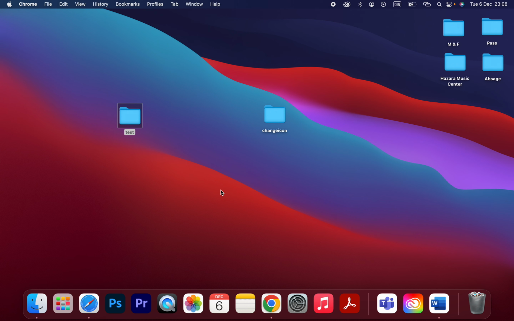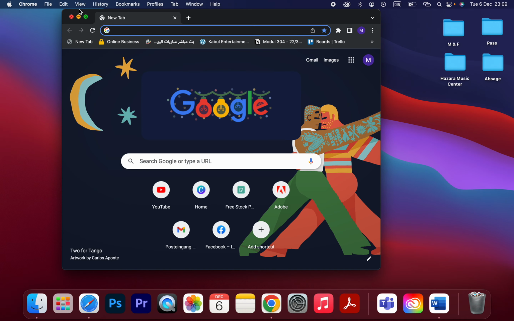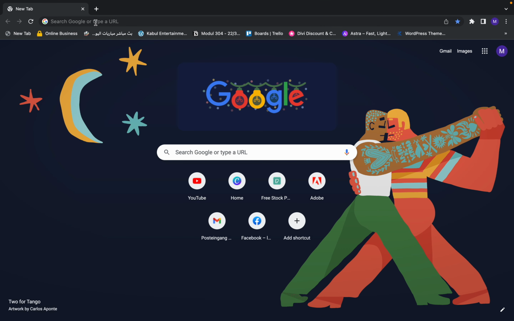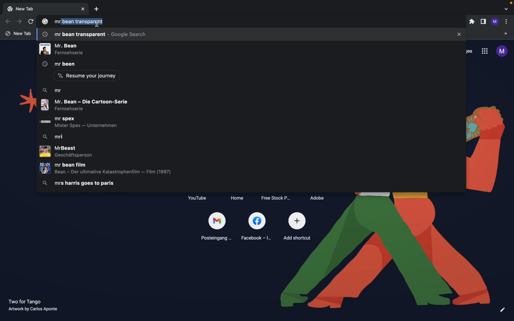In this tutorial I will show you how to change the icon of a folder on the Mac operating system. Are you ready? So open your browser and then type